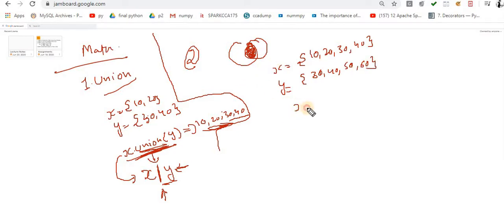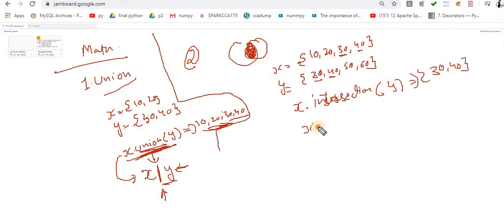One way to perform intersection is x dot intersection of y. You are supposed to write the complete name. Then what output will I get? The common elements between these two are 30 and 40, so you will get 30 and 40.